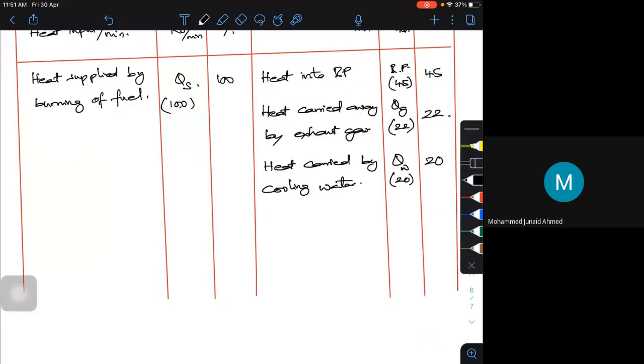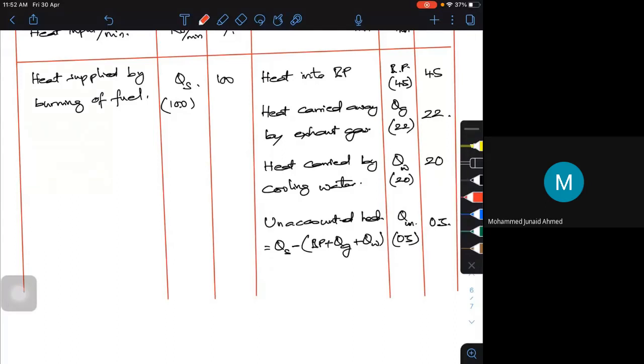Unaccounted heat is equal to Q supplied minus your brake power plus heat carried away by exhaust gas plus heat taken away by the cooling water. This is Q unaccounted, around 3 kilojoules. This is 3%. If I try to add everything,